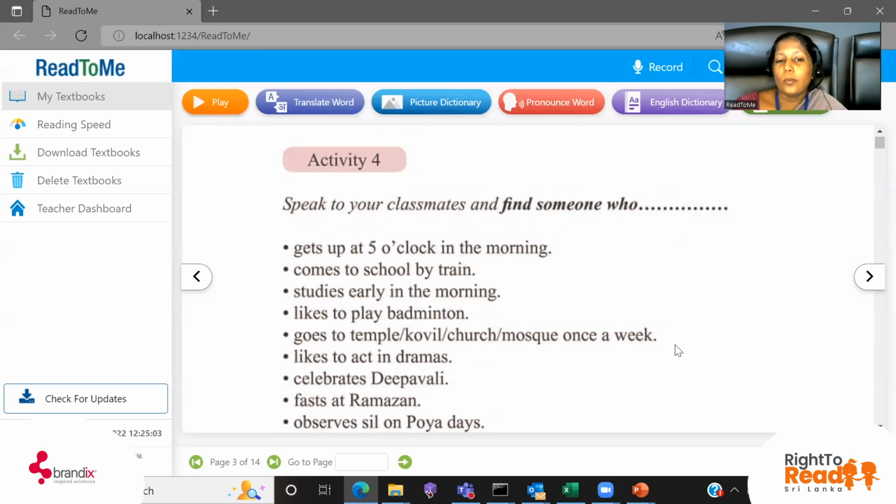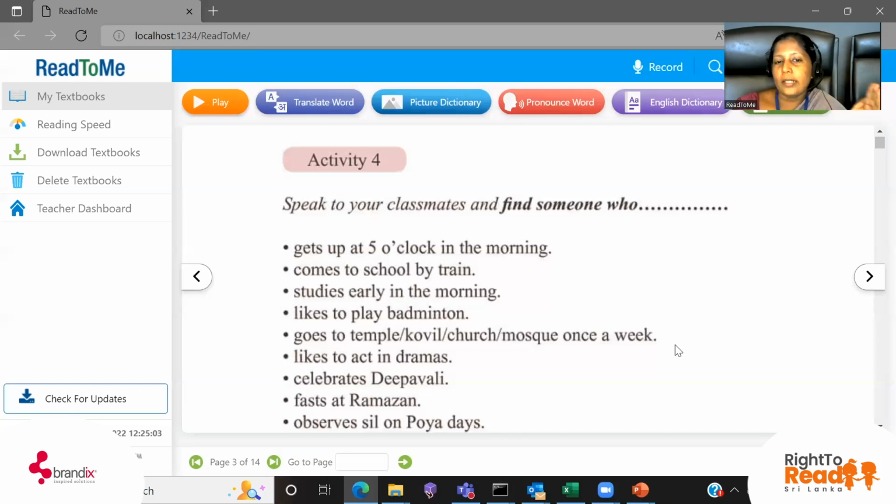You have to find out what their likes and dislikes are. So some like to play badminton and some like to play what? Volleyball. It depends. So you have to find out what the likes of these five friends are, and who are going to temple, and who are going to kovil, and who are going to church, and who are going to mosque, and what their interests are regarding singing, dancing, dramas. You have to find out those things and write.